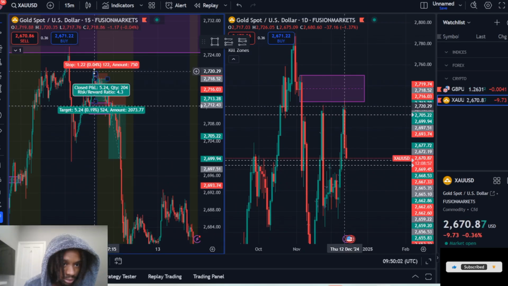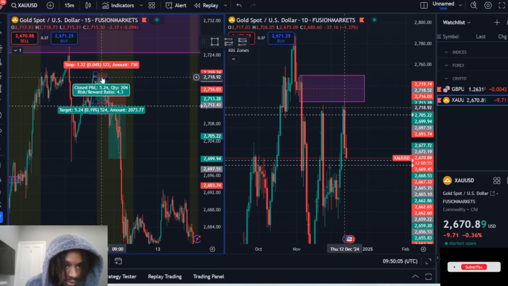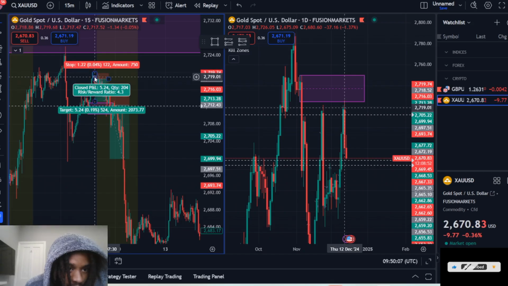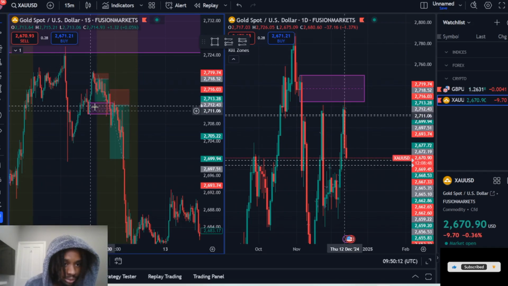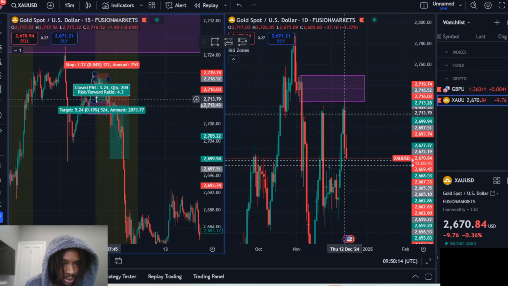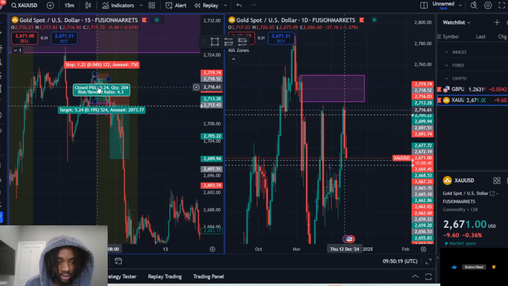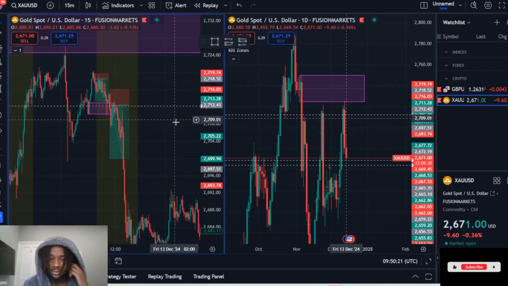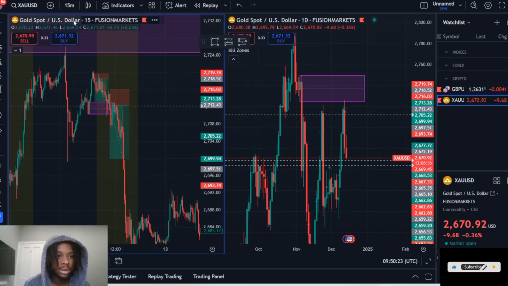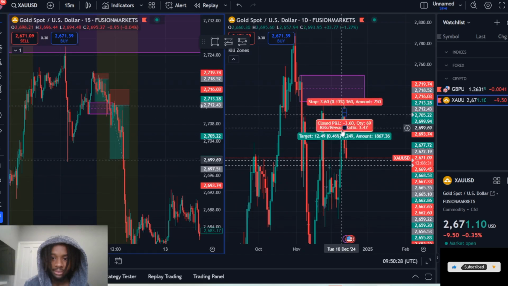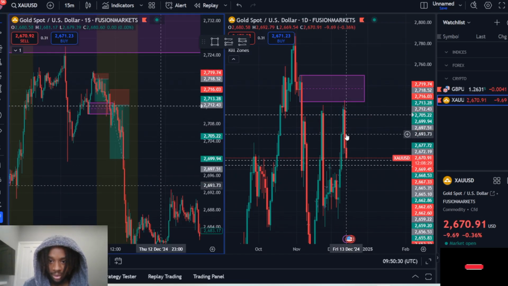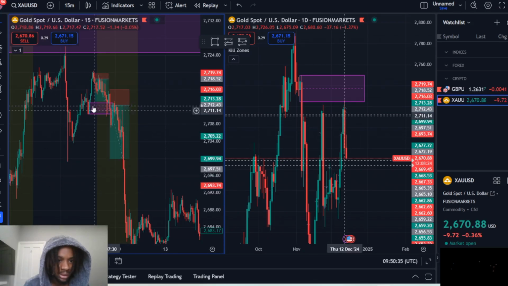I had my stop loss just above this red candle here. Yep, it was this red candle here. And we were shooting for this zone below. So we got out just before it, and that was about a 1 to 4 on this trade. And then I was thinking, I still think we're coming down because we were shooting down on the daily. Because obviously this candle here would have been about here or something like that. Yeah, we were shooting down on the daily, so I was thinking, okay, cool.